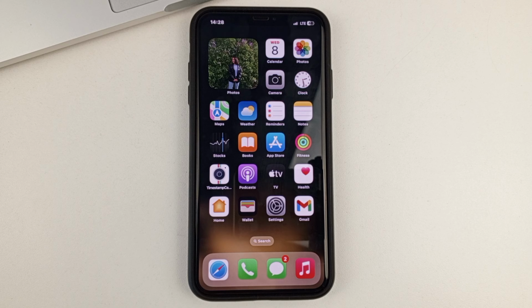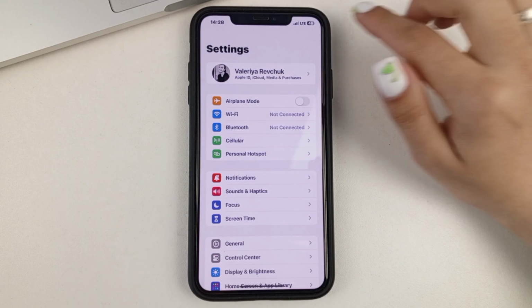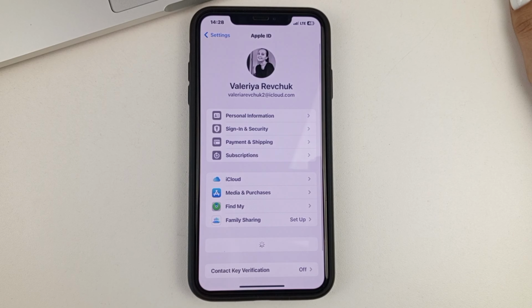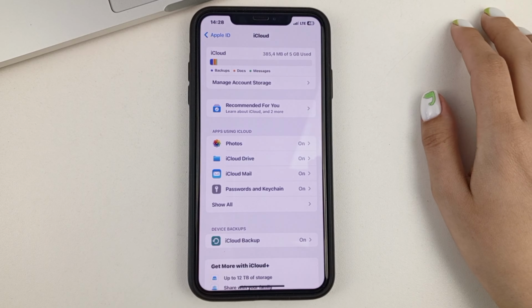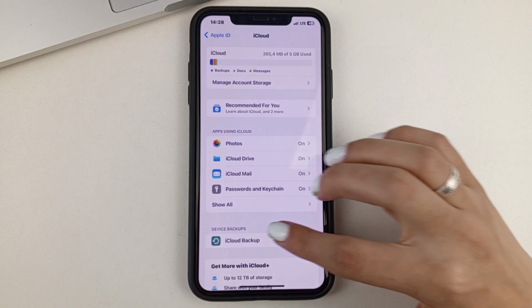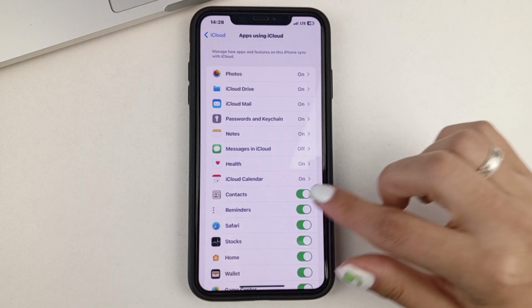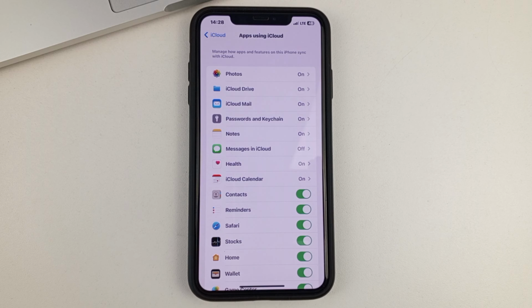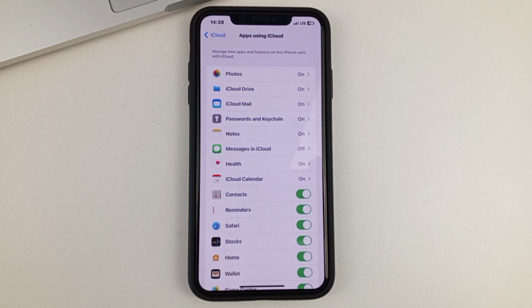So, first of all, go to your phone settings. At the top, click on your name to go into Apple ID. Sign into iCloud and click Show All. And you'll see your contacts. If this section is not activated, then you will need to enable it. If it's enabled, like I have it now,